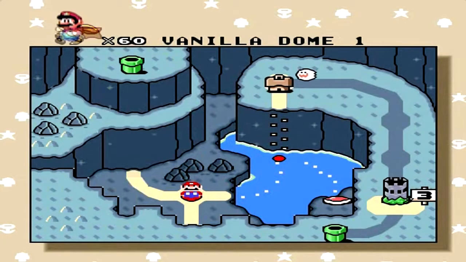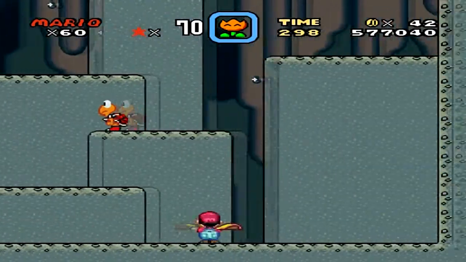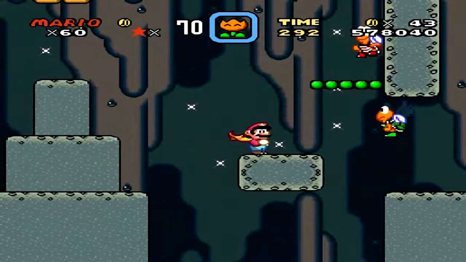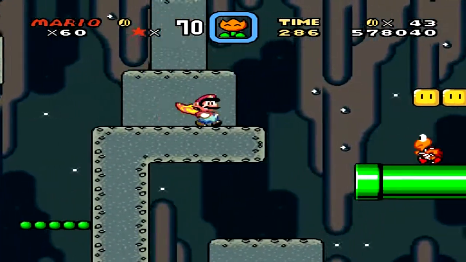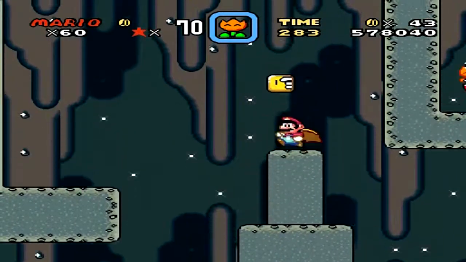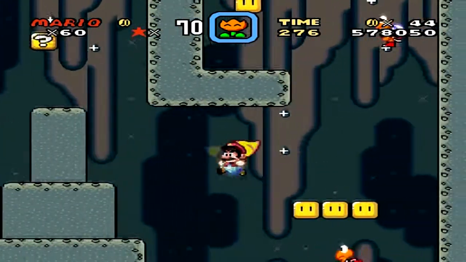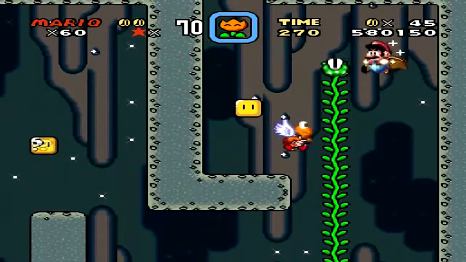And so now we get to actually take this alternate path right here of Vanilla Dome. So here's a secret level, also has a secret exit, just like Donut Plains 1, Donut Plains Secrets. There's a bunch of coins here if you want a bunch of coins. So yeah,